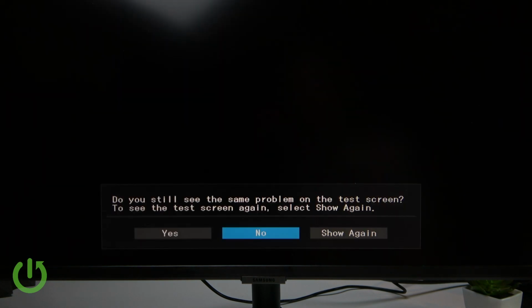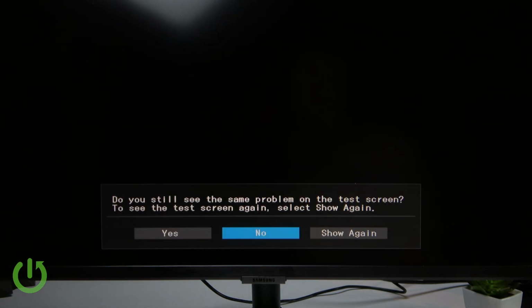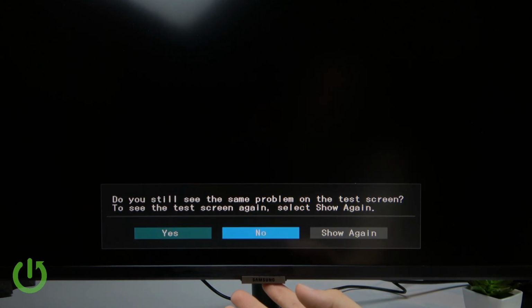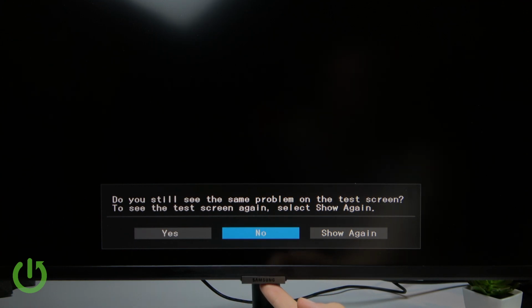So basically look at any spots on your screen that aren't entirely green, and if you notice such spots, then select yes using left arrow key and middle D-pad key, and you will be provided with the information on where you should turn to in order to resolve this issue, or maybe also the instructions to the guidelines on how to do that. If you didn't see no issue, then navigate to no, press middle D-pad key to select, and